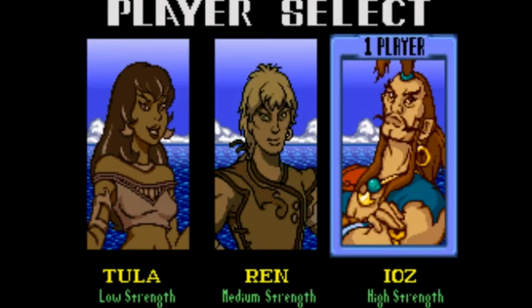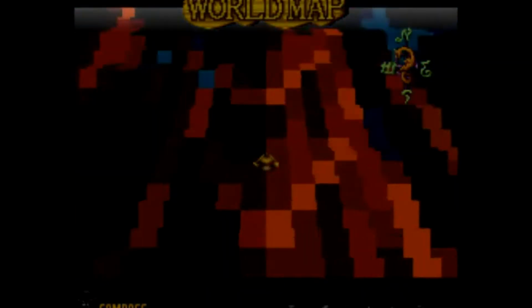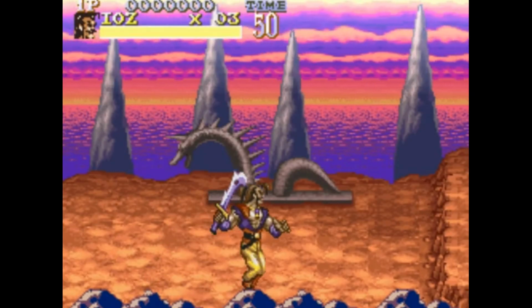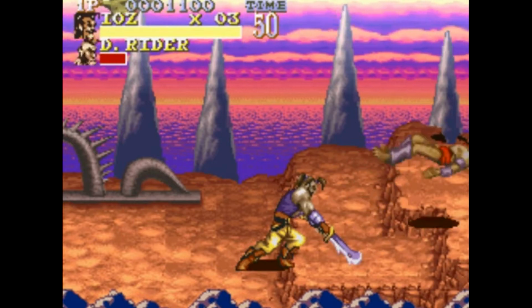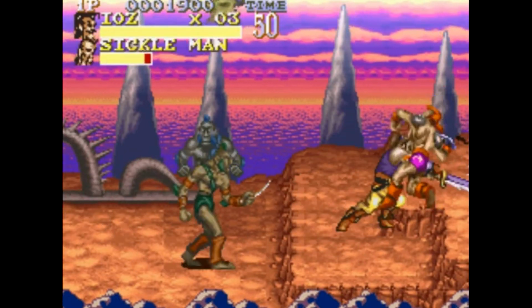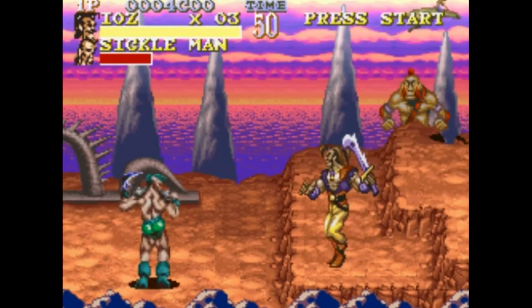Hello everyone and welcome to Pirates of Darkwater for the Super Nintendo, a surprisingly fun beat-em-up based on, well, Pirates of Darkwater. We are playing as the character with the strongest heavy attack and the strongest strength. Don't know his name, I assume it's pronounced Yaz, but I could be wrong about that. So the trade-off for Yaz's strength is that he's super slow. But I think that's a risk I'm willing to take, because hitting multiple enemies with this giant sword of his